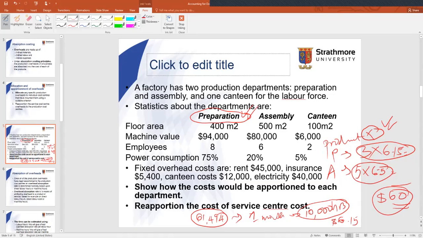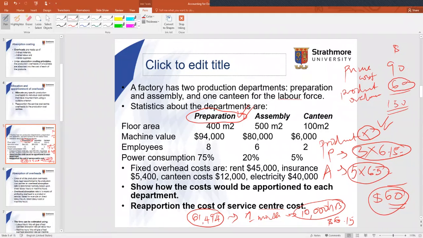So if you remember the prime cost, assume that the prime cost was $90. We add the production overhead, the one you just absorbed here, which in this case is equal to 60. Therefore, the cost of the product is equal to $150. So the idea here is we need to determine how much overhead needs to be absorbed into this particular